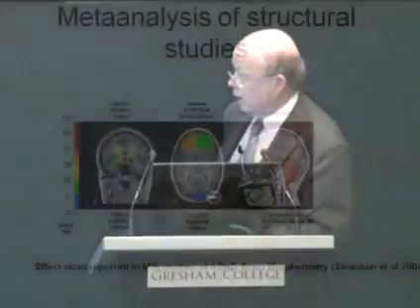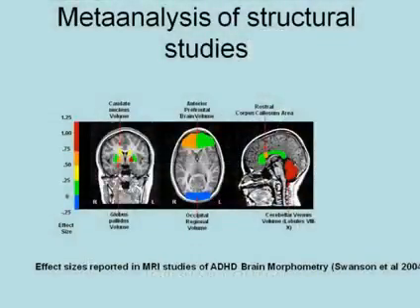These pictures are the side view of the brain in magnetic resonance imaging. This is the top view looking down, and this is the front view looking head on. And magnetic resonance imaging is non-invasive. It's passing radio waves through the brain. It's modulating them with a strong magnetic field,